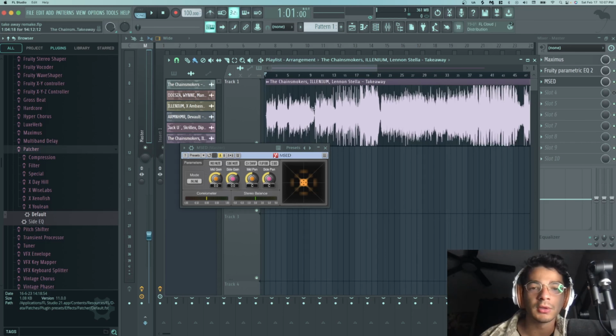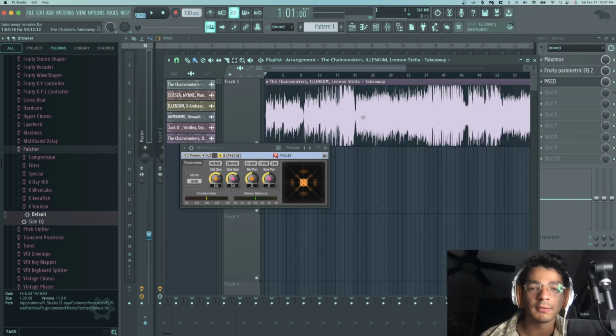You can just do that for the first intro, verse, pre-chorus, build up, and the first drop, and just write a report. It doesn't have to be a super long report, but just write what instruments you're hearing on the mids and the sides.